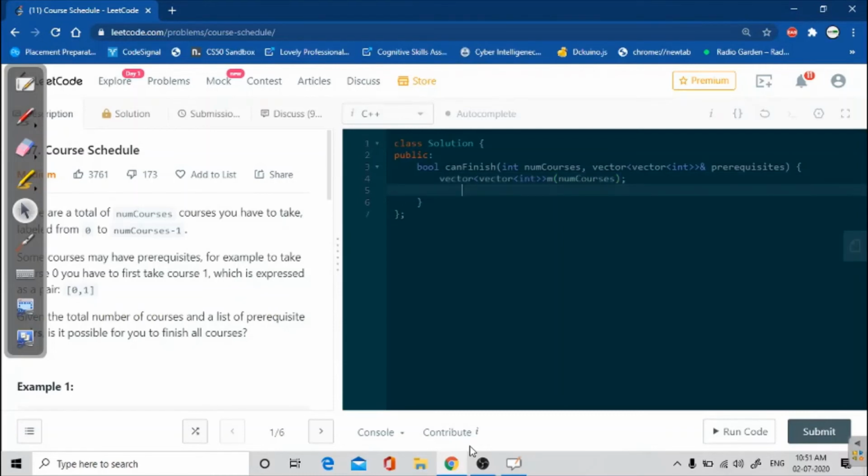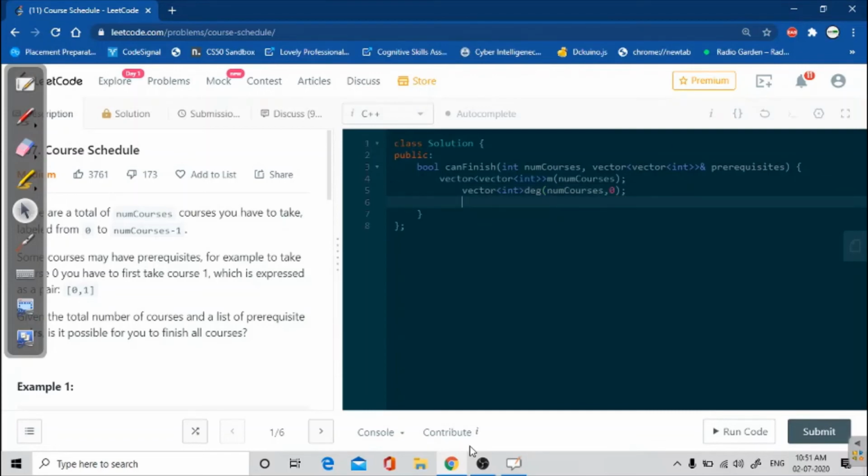And we also need one vector array, vector of type int, that will store degree. The vector size is also num courses, and initially it will store value 0 for all the courses.